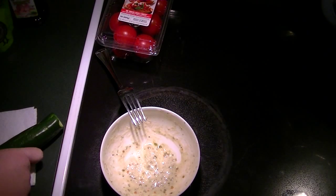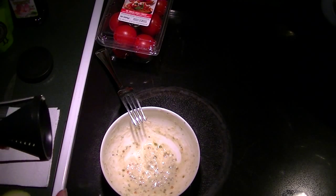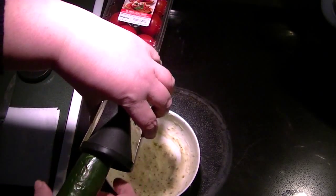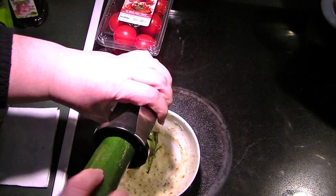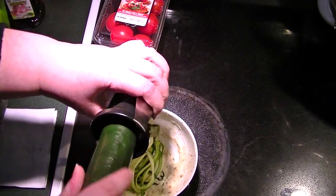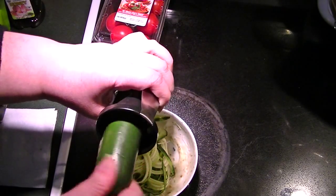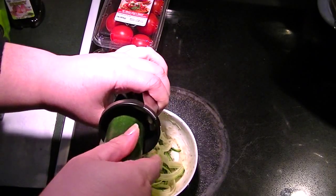I'm still hungry, so I'm going to make a little zucchini noodle. So I thought I might as well show it to you guys this way. So I'm going to go on the thinner side. And I'll show you that they separate nicely. The only thing I'm not a fan of with this particular one is